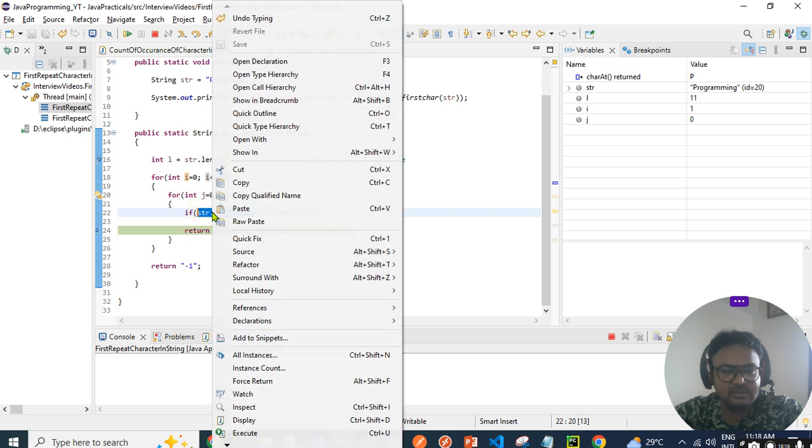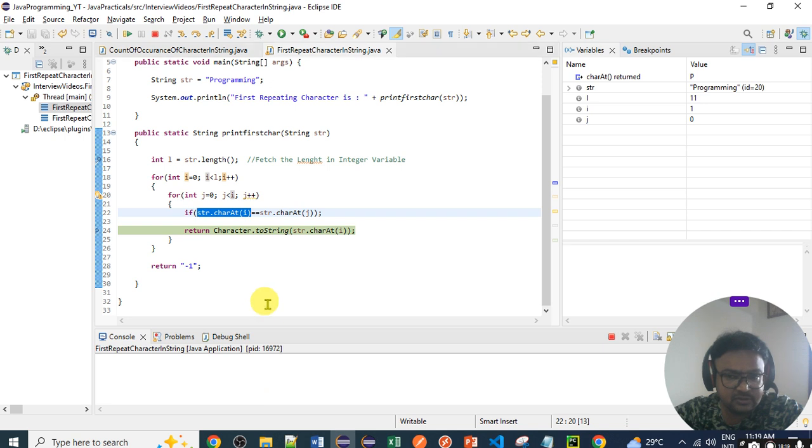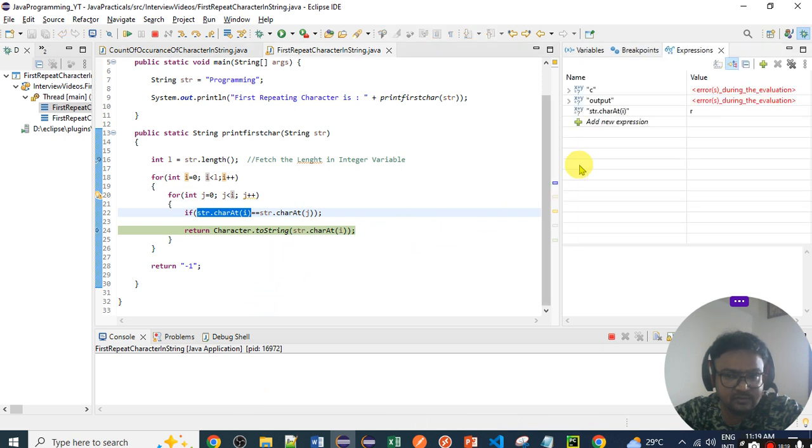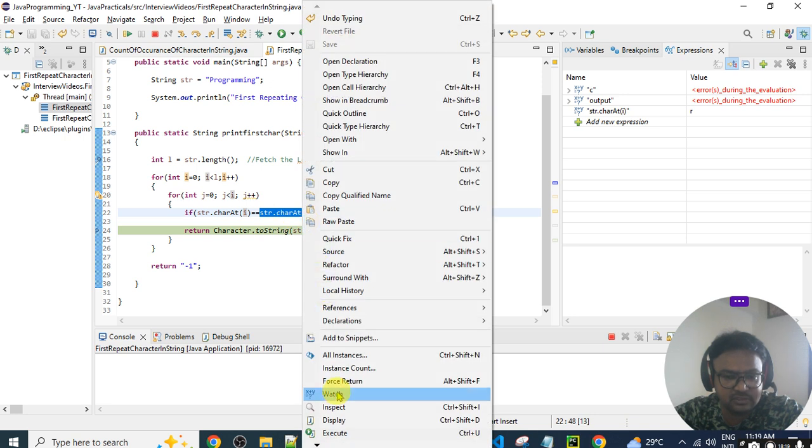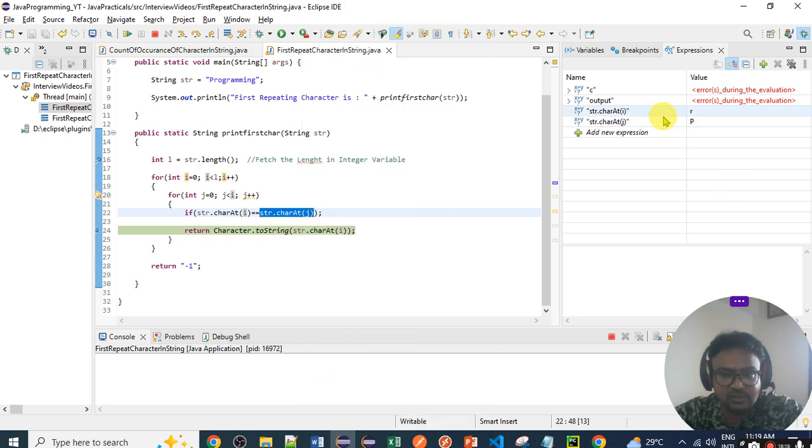I think we can store it as a watch, okay, we're gonna watch this expression, I and J both, just adding watch, okay, you see. So first str value of I is equal to P,